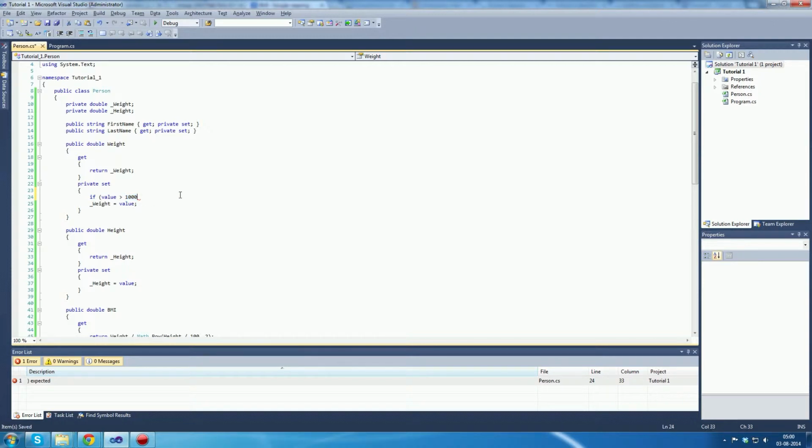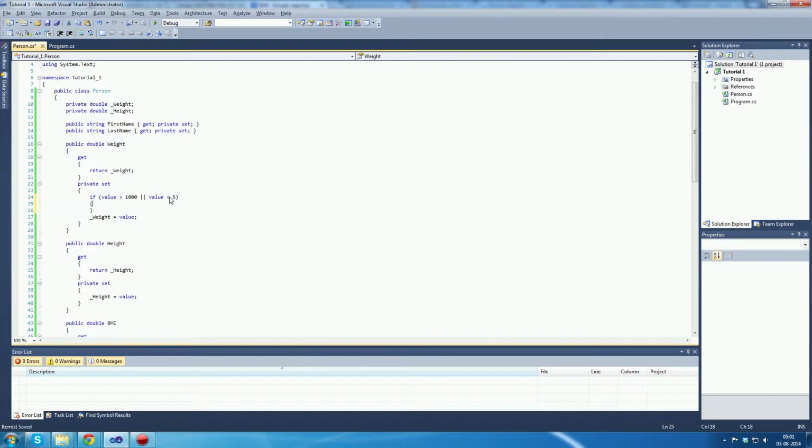If you know any, I'm sorry if I offend you, but I don't believe anyone in the world has a weight over 1000 kilograms. So this is an or, so it's pretty much if it's over 1000 or if it's under 5, we can do something about this value. We can, for instance, say,